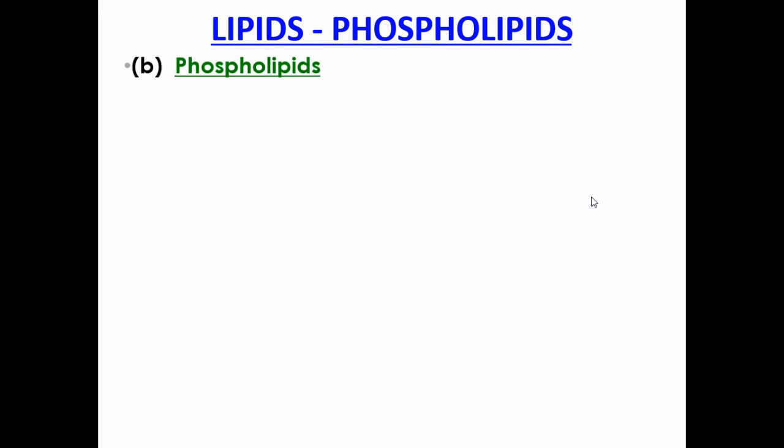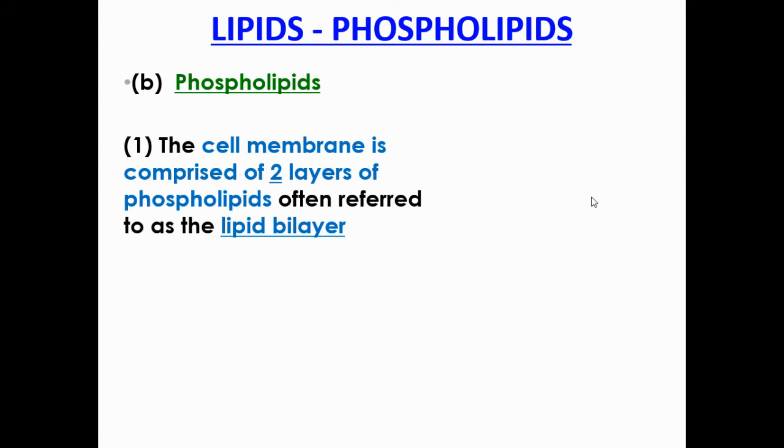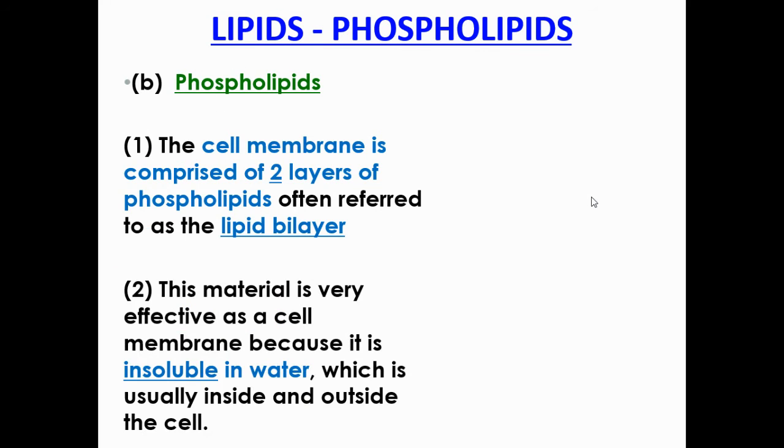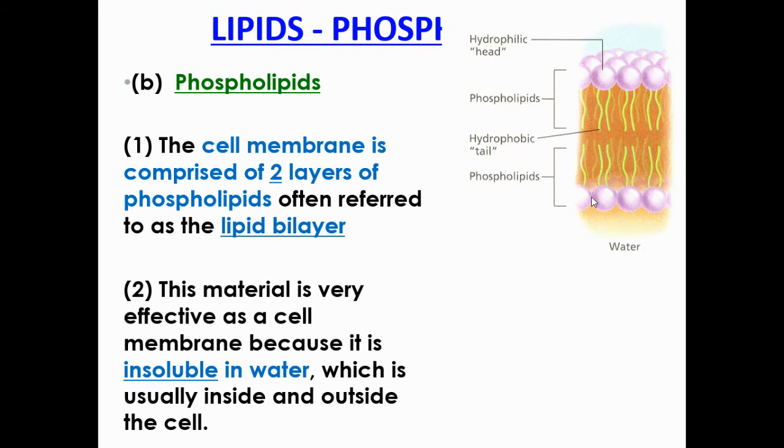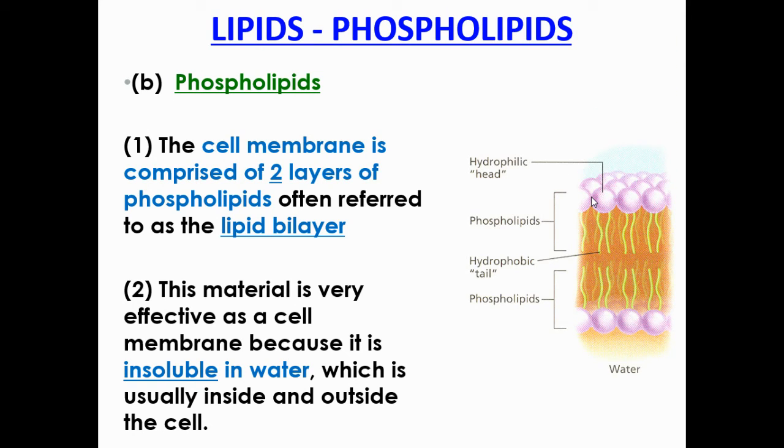Next kind is a phospholipid. Now, phospholipids make up the cell membrane, and the cell membrane is going to be composed of two layers of phospholipids, which is often referred to as the lipid bilayer. This material is very effective as a cell membrane because it is insoluble in water, which is usually inside and